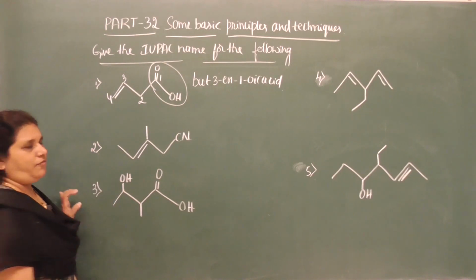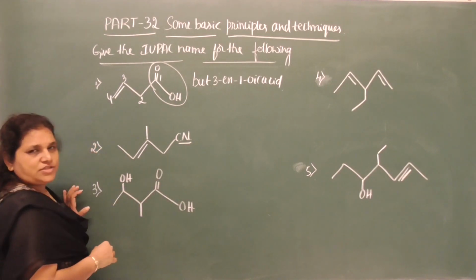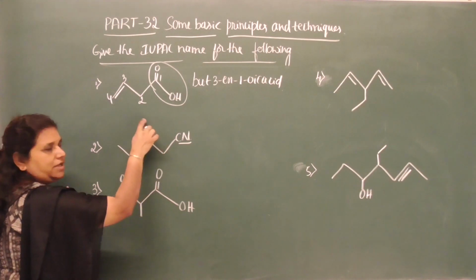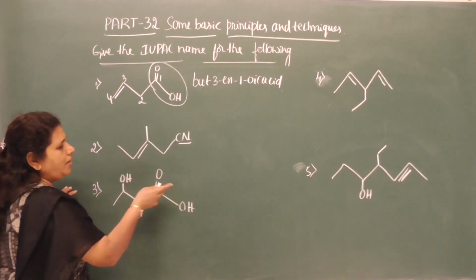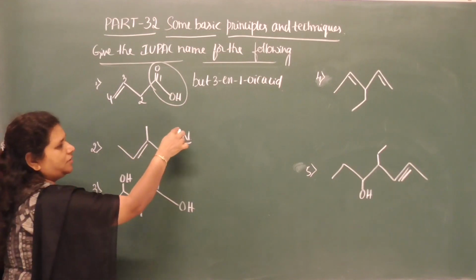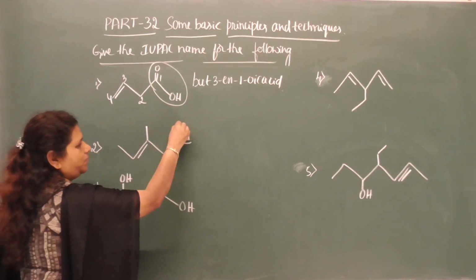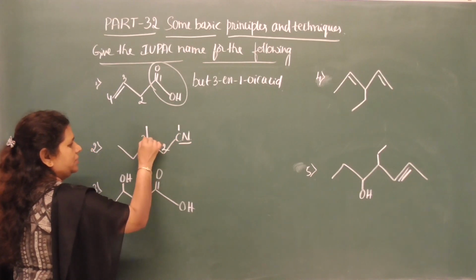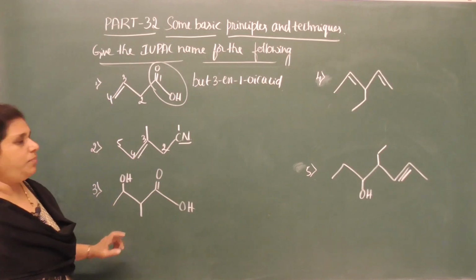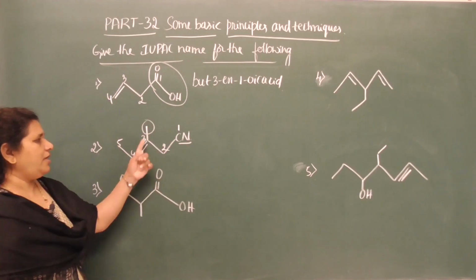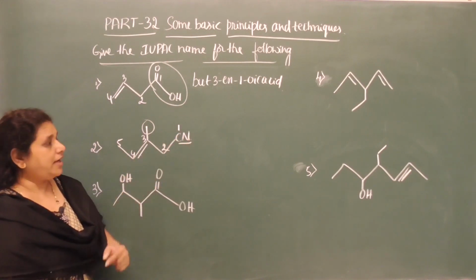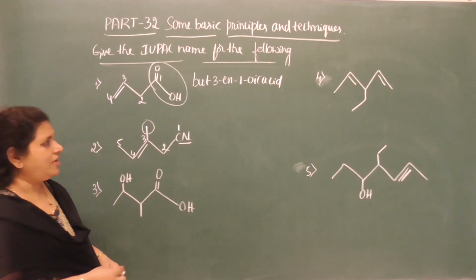Now move on to the second one. Cyanide is the functional group here, and here is a double bond, and here is a methyl group at the terminal end. Now select the chain 1, 2, 3, 4, 5, and you need to give preference to the cyanide functional group. So 1, 2, 3, 4, 5, and on the third carbon we have a methyl group, one substituent group. So 3-methylpent-3-en-1-nitrile. Nitrile is the secondary suffix for the CN group.